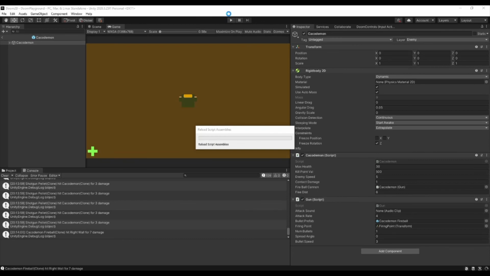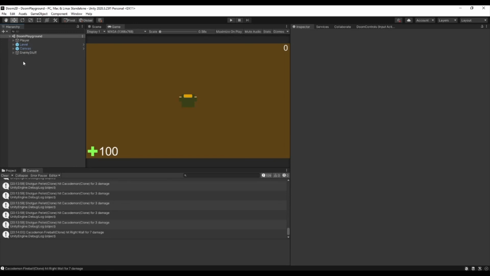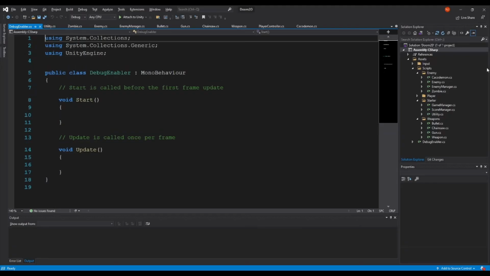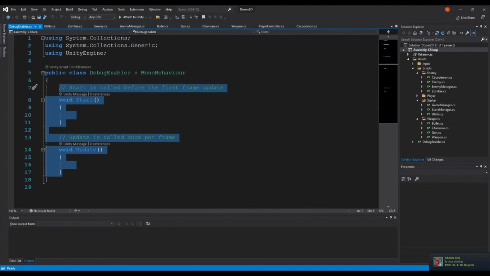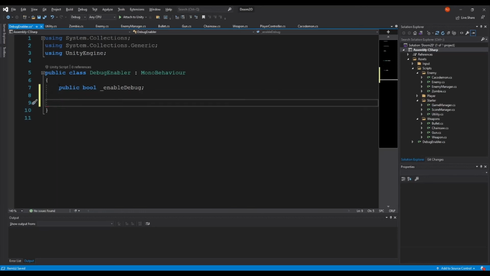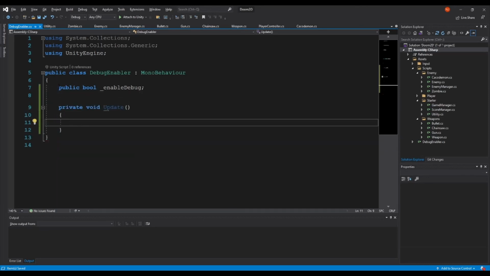And there is also another way of doing this. You can just create a script that goes on like an empty object. Call this debug enabler. And we're just going to edit the script. And it's just going to be public bool enable debug. And then update is just going to